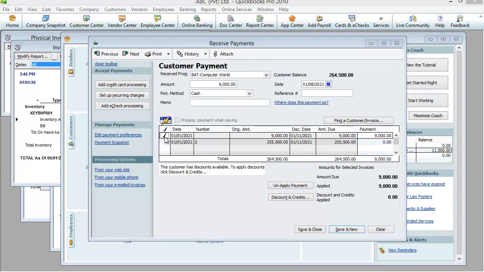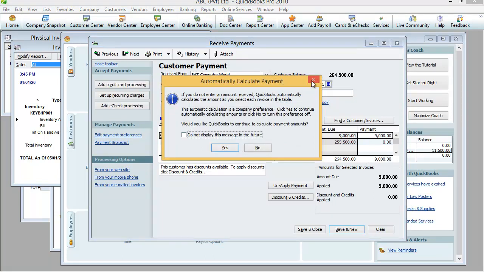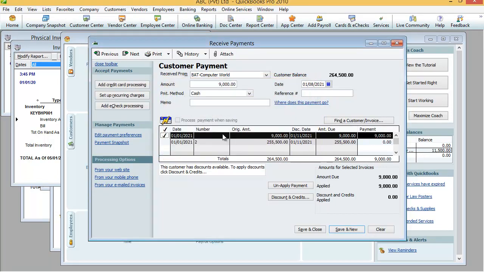So I am going to collect only the 9,000 amount I have selected, and the payment method I have selected here is cash. Okay, so here I can make a note: payment received rupees 9,000 cash.